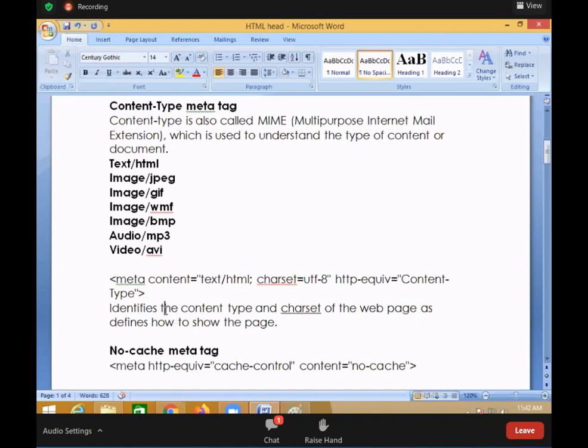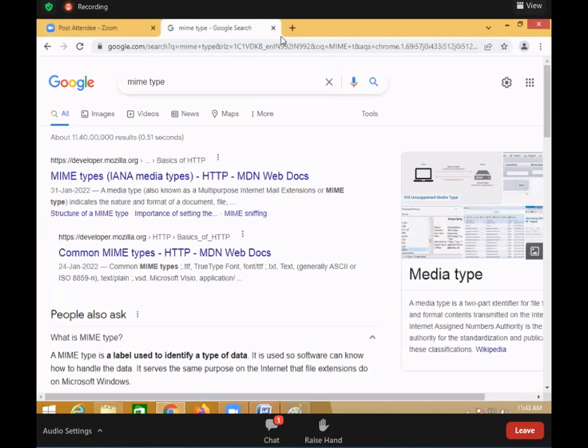Right? So this identifies the content type and character set of the web page, and defines how to show the page. How to show the page, that is defined by which one? Content. So this is one meta type. Any website, if you open it,